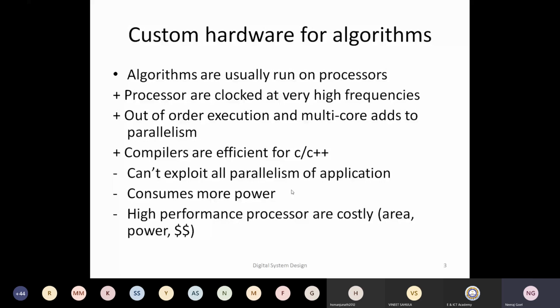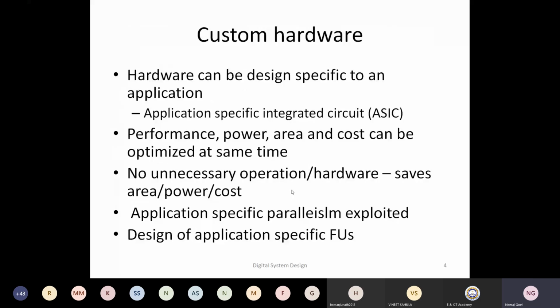When we require these applications to be ported in an embedded system, or in a small area constraint, small power constraint, then many of the functionalities which are there in high performance processors will not be available in those tiny devices. So sometimes because of that, we would need to design our own hardware for executing that